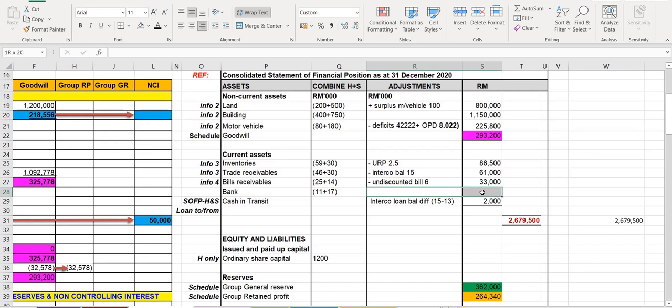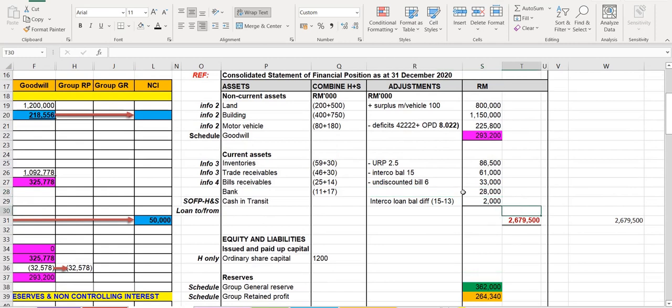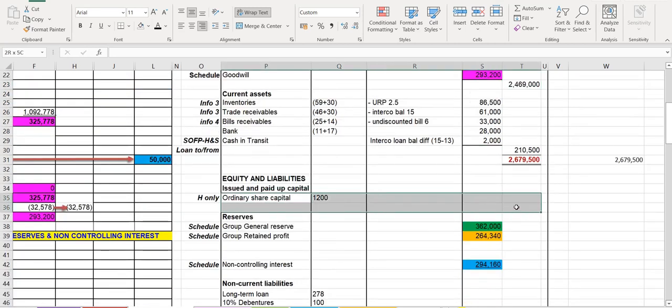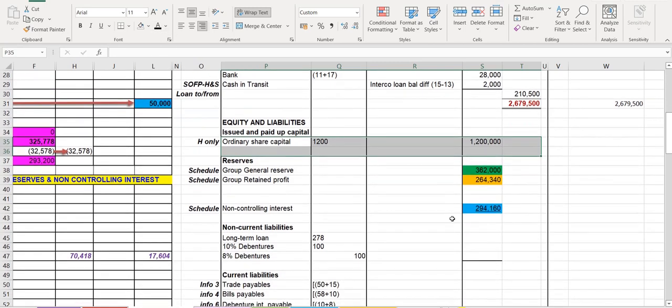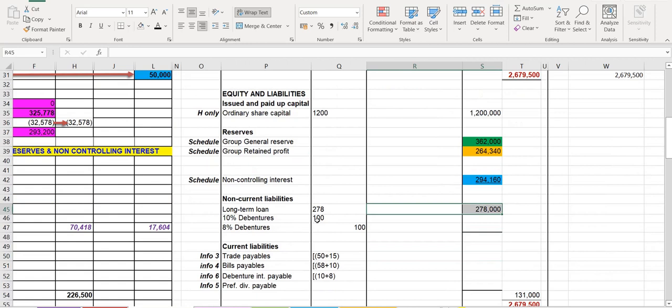And bank, you just need to add up the balance given. So the total amount for your item here was 210,500, and if you add up, it will get you 2,679,500. For the ordinary shares, as I mentioned to you earlier, you just need to show the one of the parent, because the one of the subsidiary has been eliminated when you acquire the subsidiary company. For the long-term loan, you just need to add up, but nothing to add because it was just the one of the parent company. For the 10% debenture, this is the one of parent, so you just show it here,